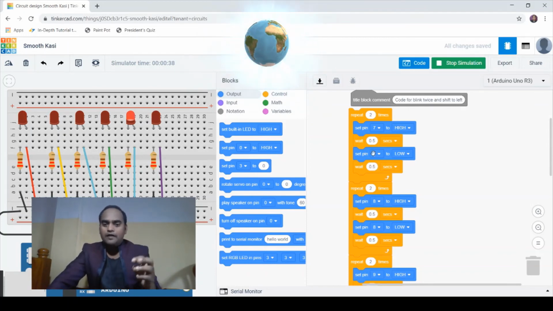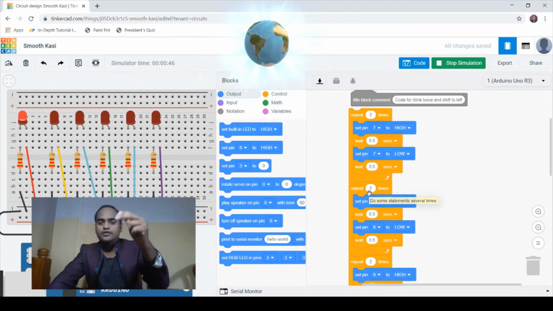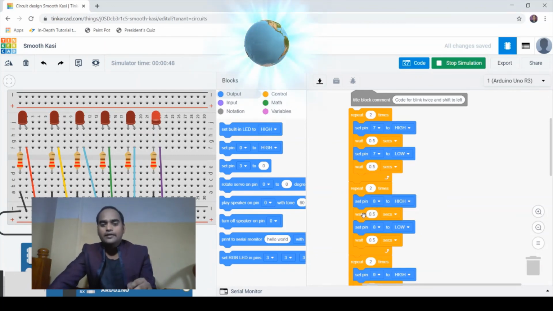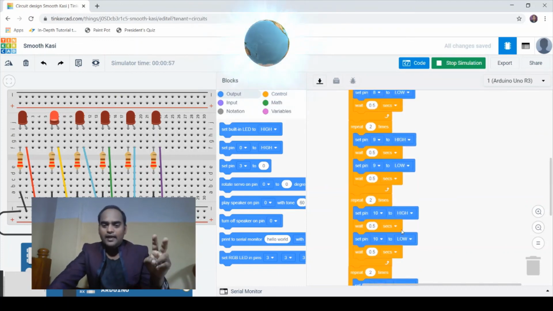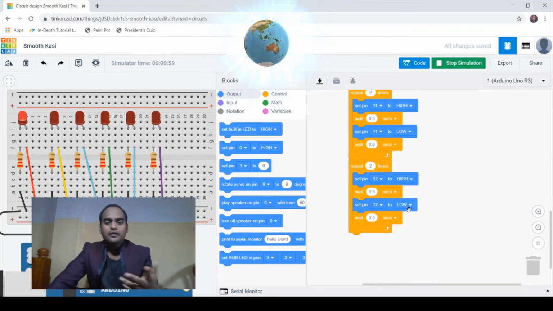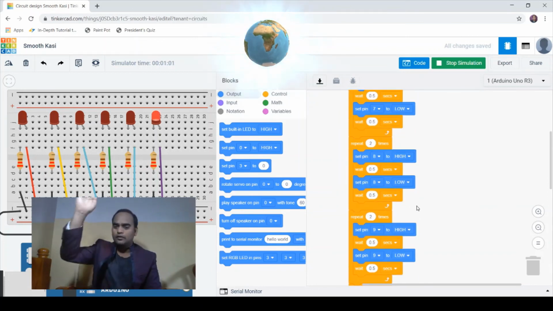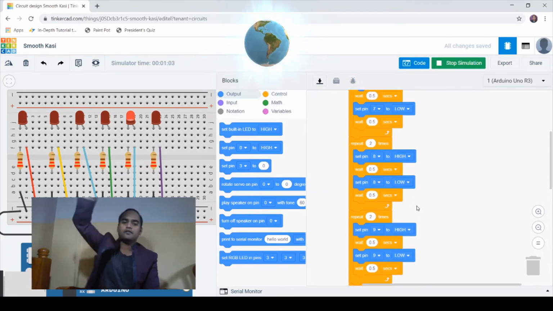After these blocks have been executed two times, it moves to the next repeat block, which is just at the bottom of the top block. Those four instructions get executed two times, and then it moves to the next, and the next, likewise. Once all the blocks are executed, it will start from the top again.